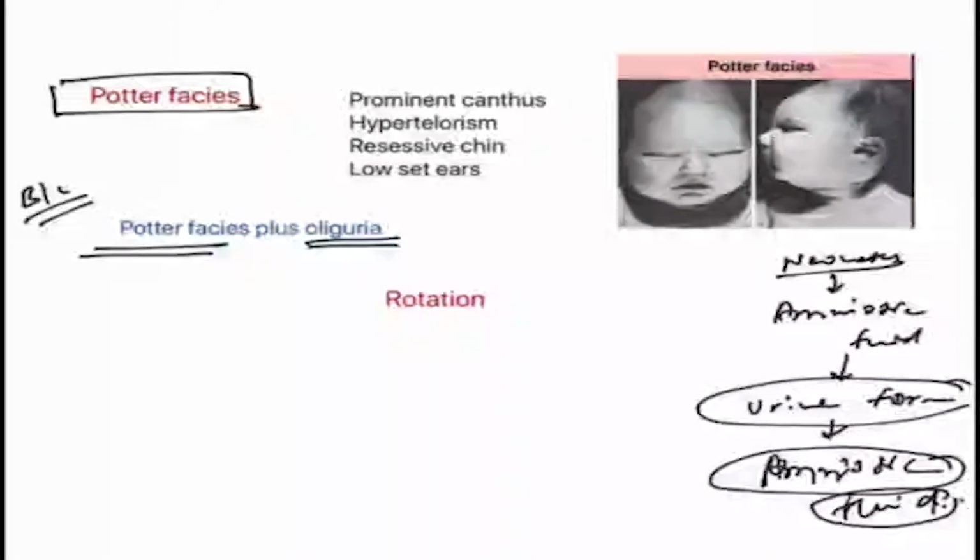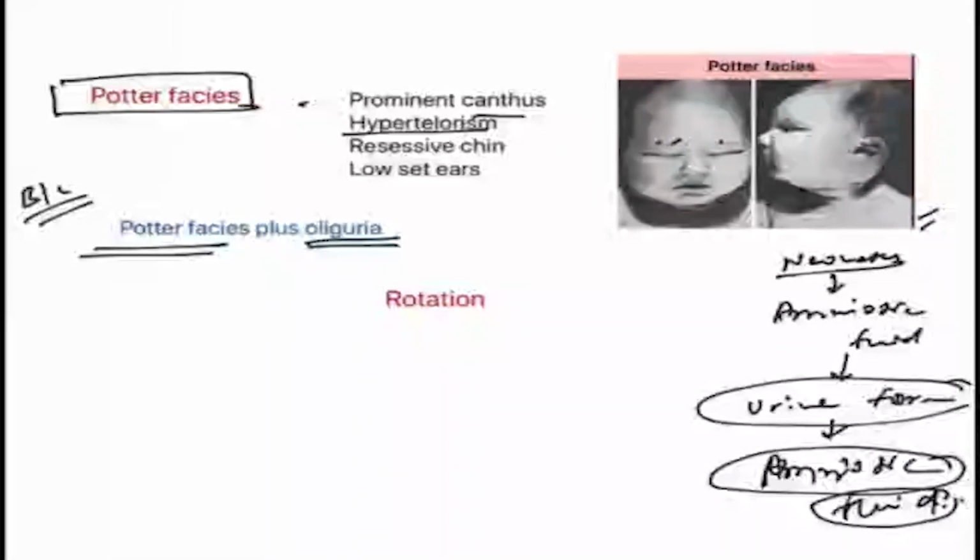So if there is bilateral renal agenesis, the urine is not formed and amniotic fluid is not present. So there is not much space and not much fluid for the baby